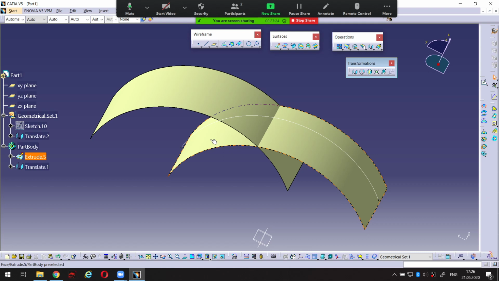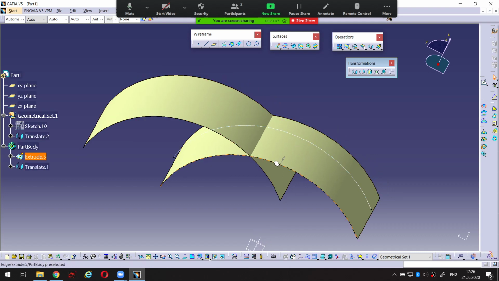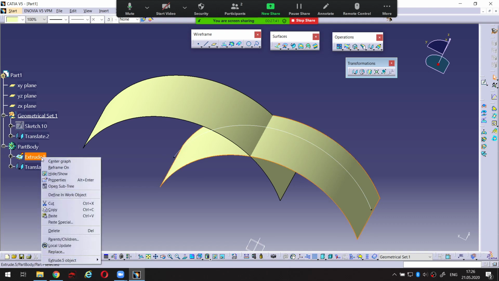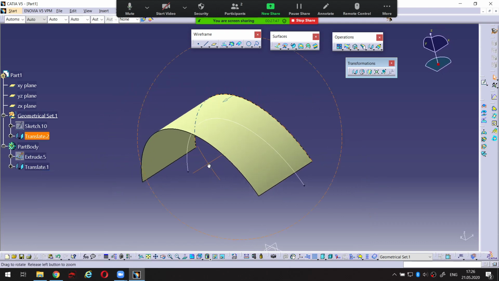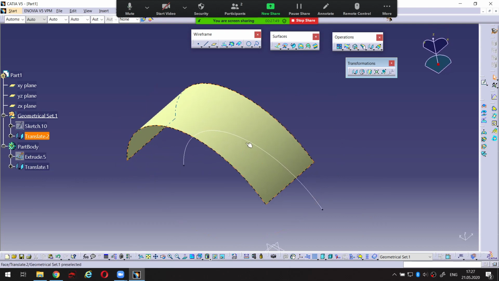But it is not a body, so that's why it is not removed. And if I don't want to see it on my work screen, I can just right click on extrude 5 on the tree of specification and make it hidden like this. Okay, so exactly like this, I can use